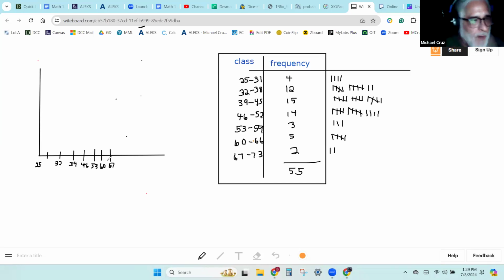Now what I'm going to do is create a bar. Well, let me put up here, my maximum frequency is 15. So let's just put a big 20 right there. And then half of that would be 10. All right, so let me put this in blue. So now my first bar chart is going to be up to 4.